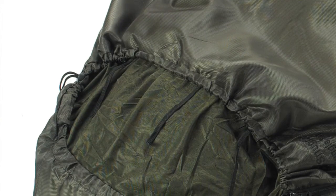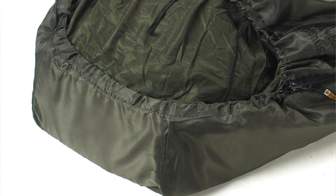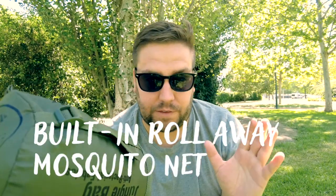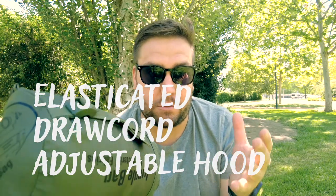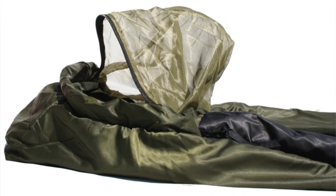Key feature of the Snugpak jungle bag is it has a mesh mosquito hood. That's fantastic. So again, when you're stealth camping, what you're lacking, of course, is a sense of security. You're presumably camping somewhere that you possibly shouldn't be, and you want to be as discreet and undercover as possible. You just want to lay low. You're not always in a position to be able to check in detail what you are sleeping on, what you are sleeping near to, in terms of bugs,